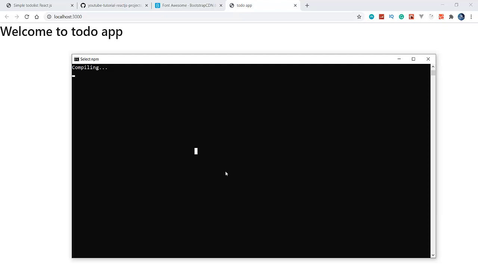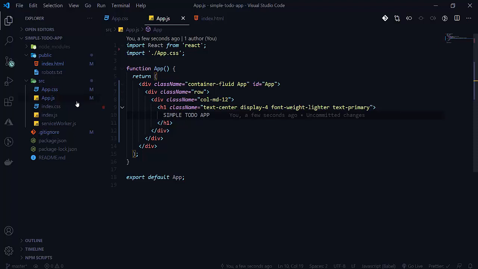Okay, since it is taking time here, let's create another component here. So first of all, we will create a folder here. So the folder will be components under the src folder. So here will be components. Then we will create the file Todo here. So Todo.js. So T will be capital here. So we have to follow this rule here.